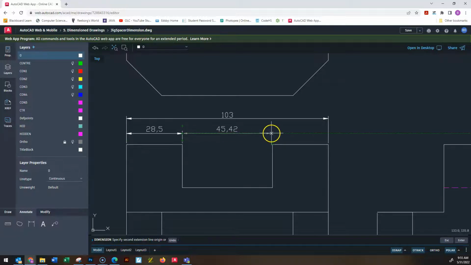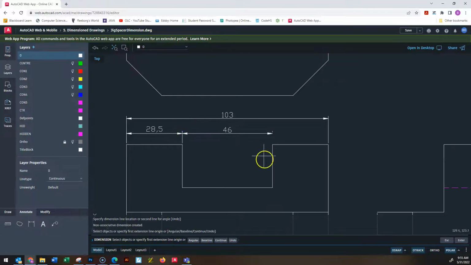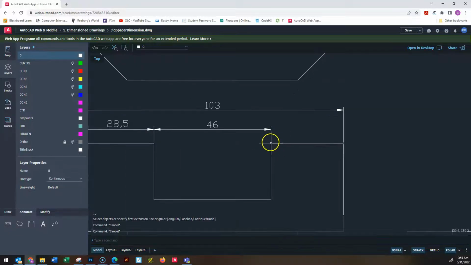I'm just going to use that as a guide, and that's going to be 46. So when I click that, of course I just missed, just click that right there. So that dimension is 46. You'll notice it's lined up, those arrowheads are lined up, and we get to the end of the dimension right there. Okay, now generally this line, you would want that down here, but there's only so much you can do